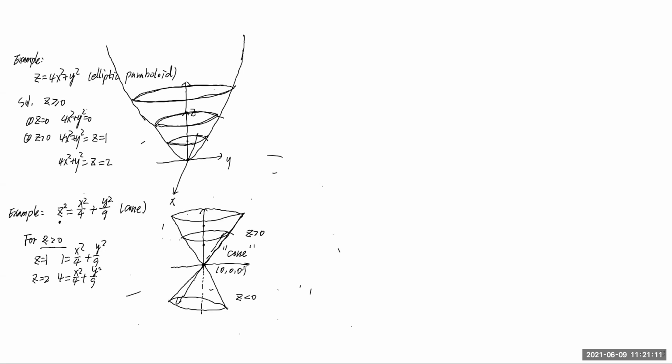So let's continue. Example, this one is quite hard. It's useful for our future. Okay, this is y. This is y squared minus x squared. There is a name. It's called a hyperbolic